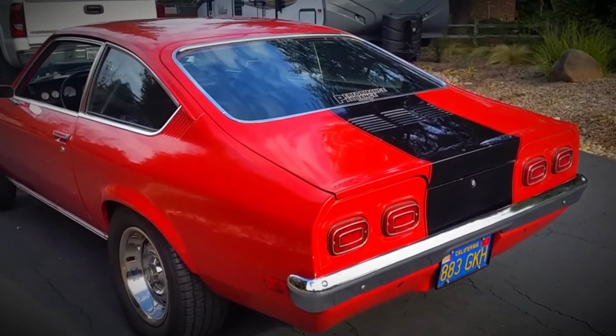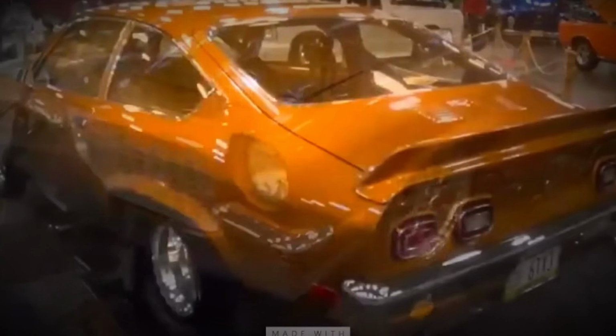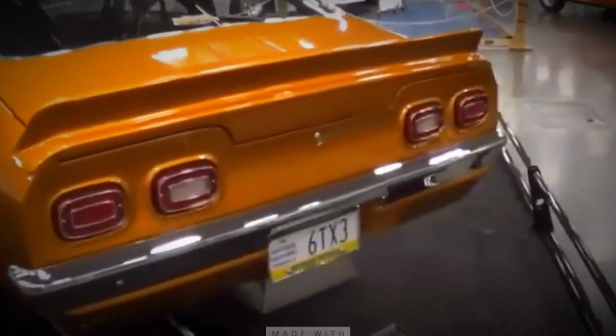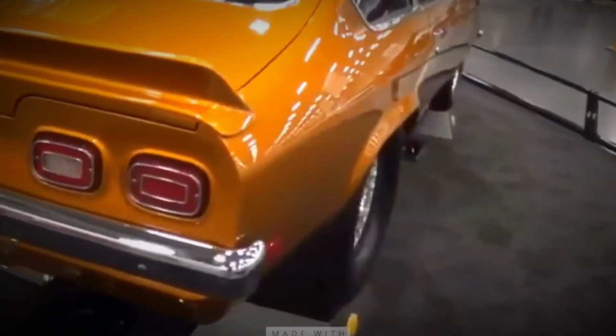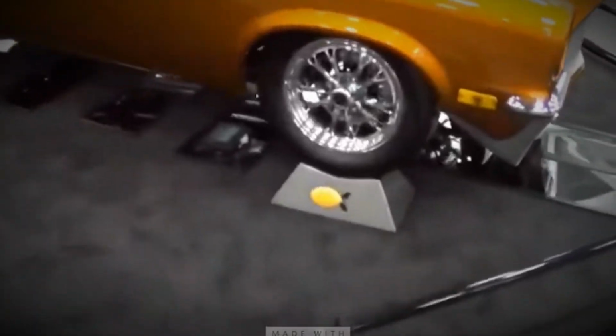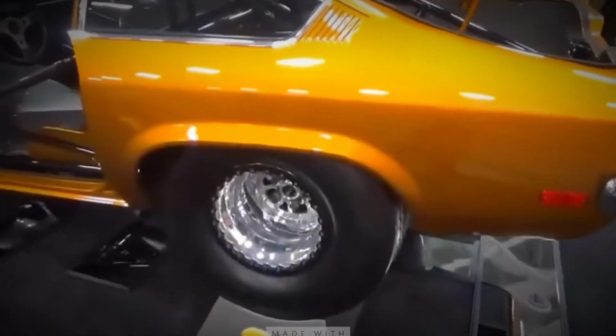The Chevrolet Vega began with so much potential, a stylish, affordable, compact car for a changing world. But in the end, it fell victim to its own shortcuts and design flaws. What could have been a revolutionary vehicle became a rolling cautionary tale. For many owners, the Vega represented a bitter lesson in marketing over substance. Its legacy lives on not as a triumph, but as a reminder that in the race to innovate, quality can never be